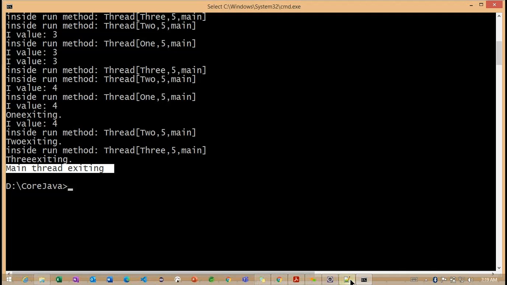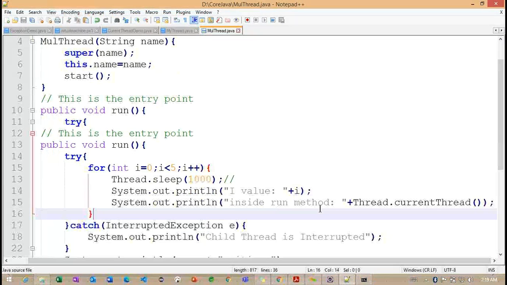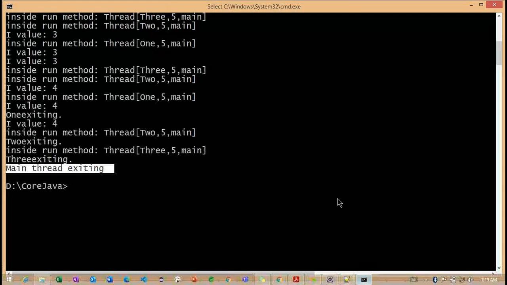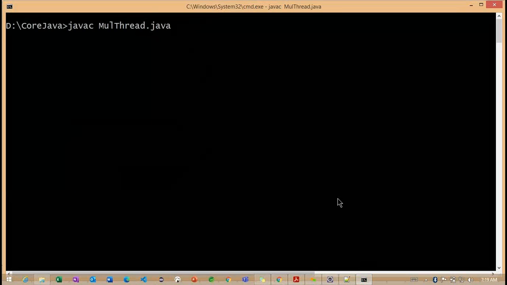Getting the point? Now if I remove this particular section of code by commenting it out, what happens internally? We cannot expect when the main thread is going to execute. Let me compile one more time and execute.